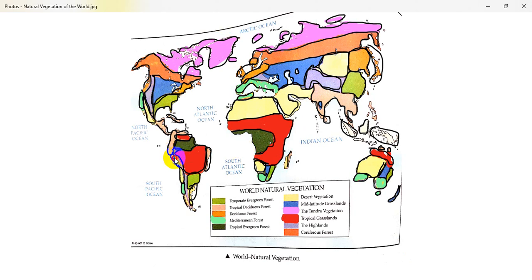It is a highland area where we are having the mountainous tract, and there the pasture grounds are. That means only small grasses grow over there. That is the type of vegetation that prevails in these highland areas.